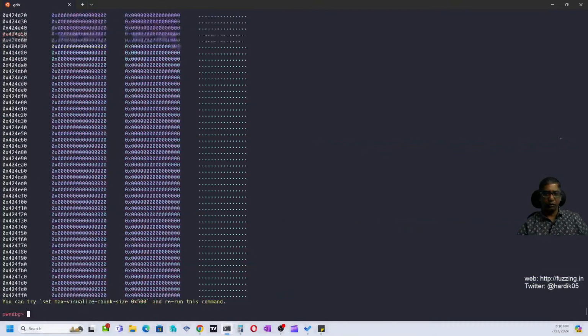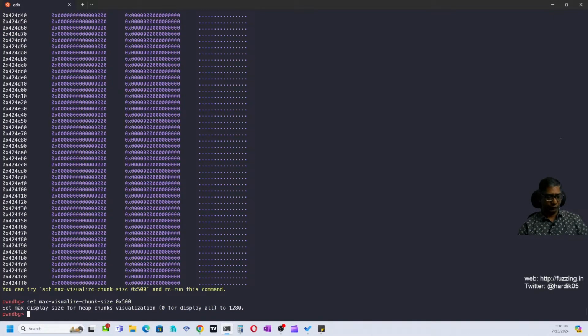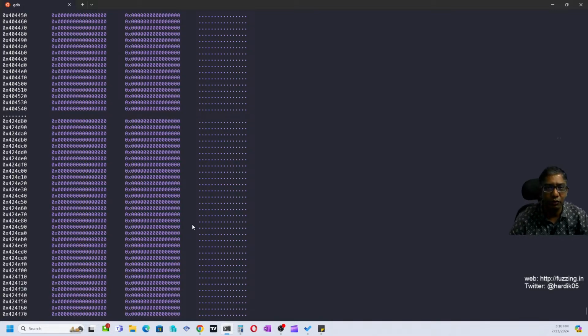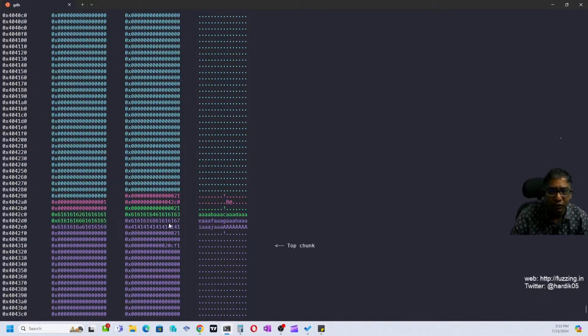Okay, and let's verify. So same, set max visualize limit 500 this again and see what happens over here. Yeah, so these are the 8 bytes data. Then it is actually overwritten over here, and then the AA which we have given. Yeah, so this is the byte which actually it is overwritten, right? And now let's see what happens. So we'll do next,